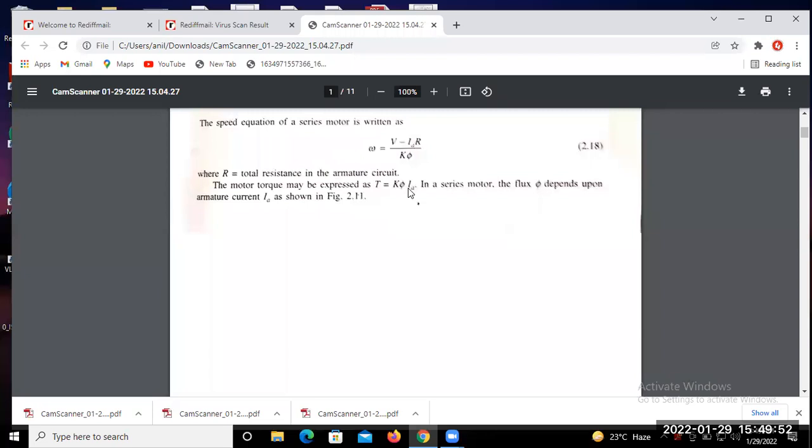So torque is equal to K phi IA. So phi depends upon the armature current, ठीक है? तो यहाँ पे हम लोग टॉर्क इक्वेशन को some constant into IA into IA लिख सकते हैं, टॉर्क IA स्क्वायर। तो IA का वैल्यू फाइंड आउट करके स्पीड के इक्वेशन में पुट करना है।